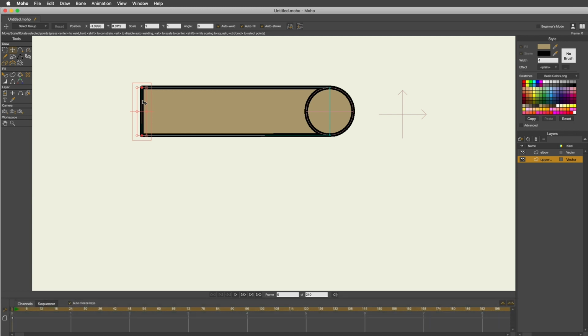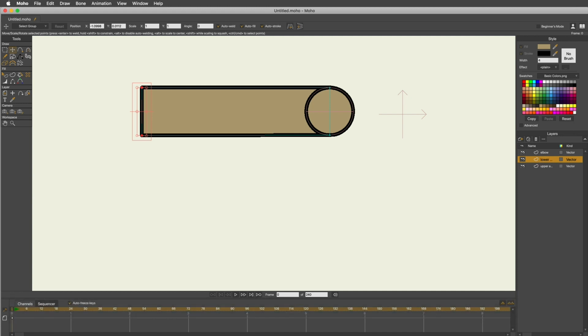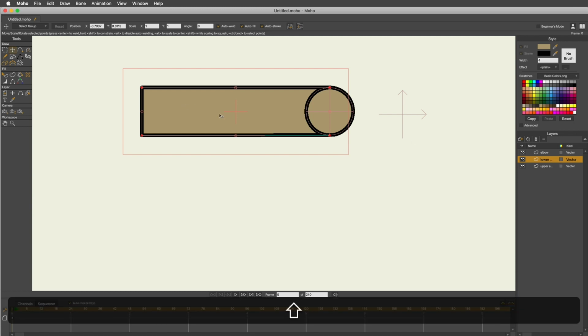It's keeping it straight. And now I'm actually going to create the lower arm, and instead of carefully creating a brand new one, I can just duplicate that layer and rename it lower arm. Then on the lower arm layer, I'm just going to click in the middle with the select tool. That selects all 4 points. I'm going to get my transform points tool, so the whole rectangle for the lower arm layer is selected. I'm going to hold down shift, and then I'm just going to drag